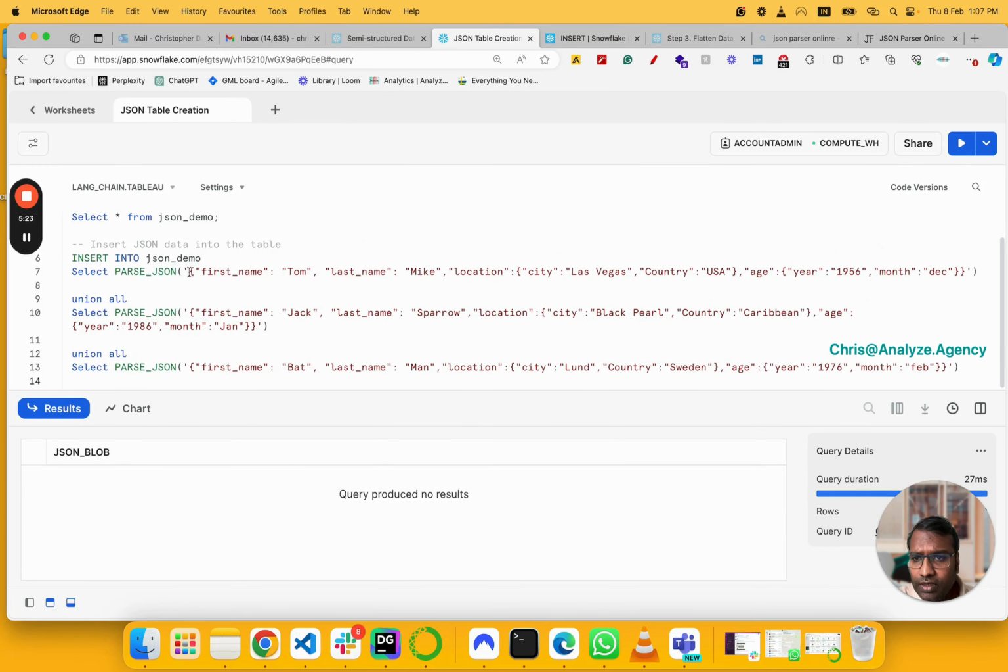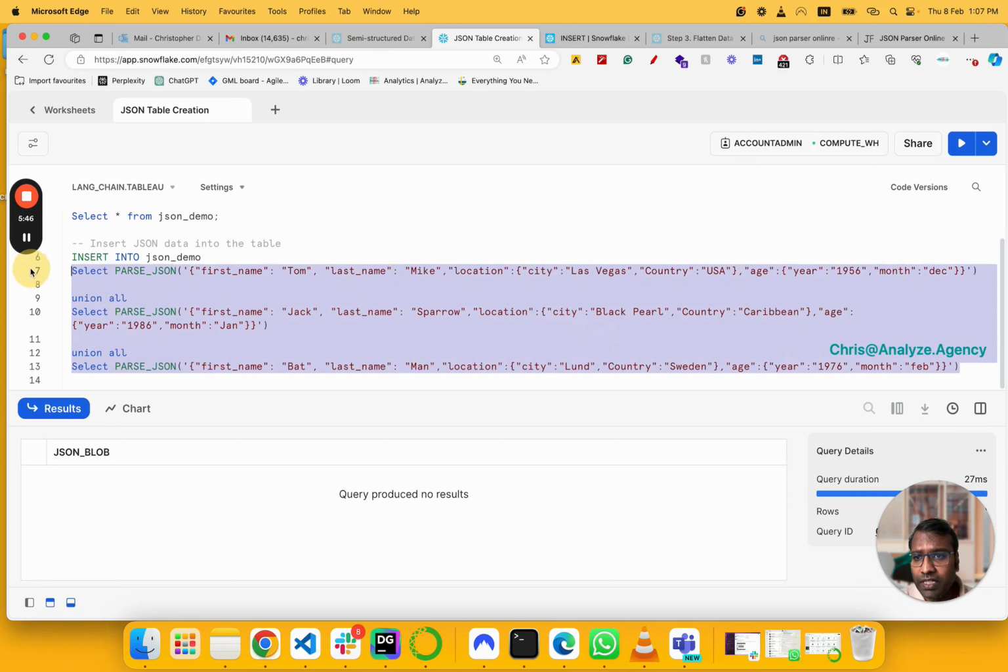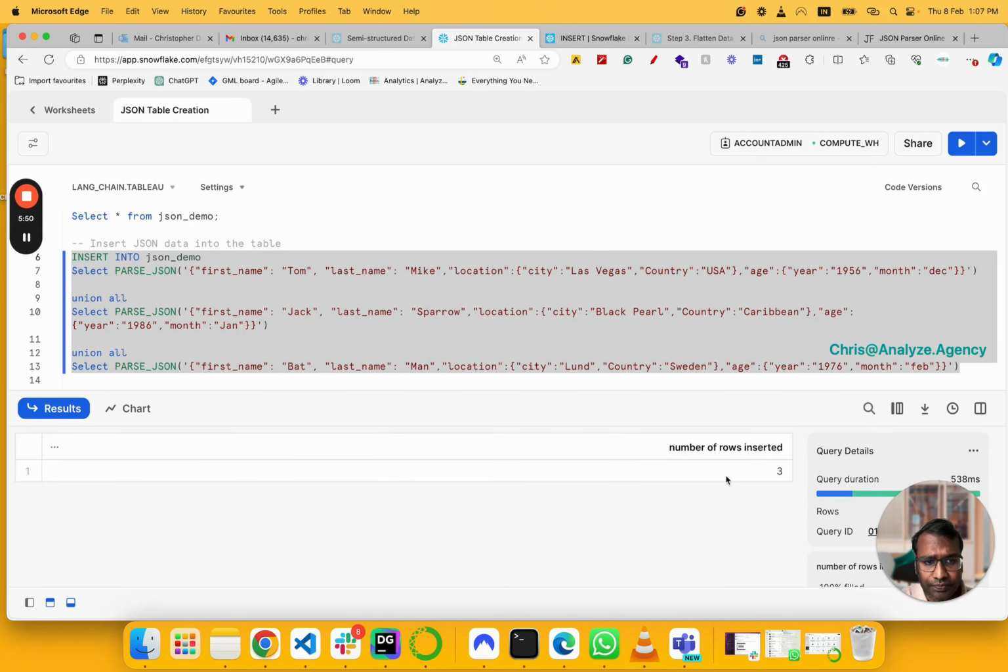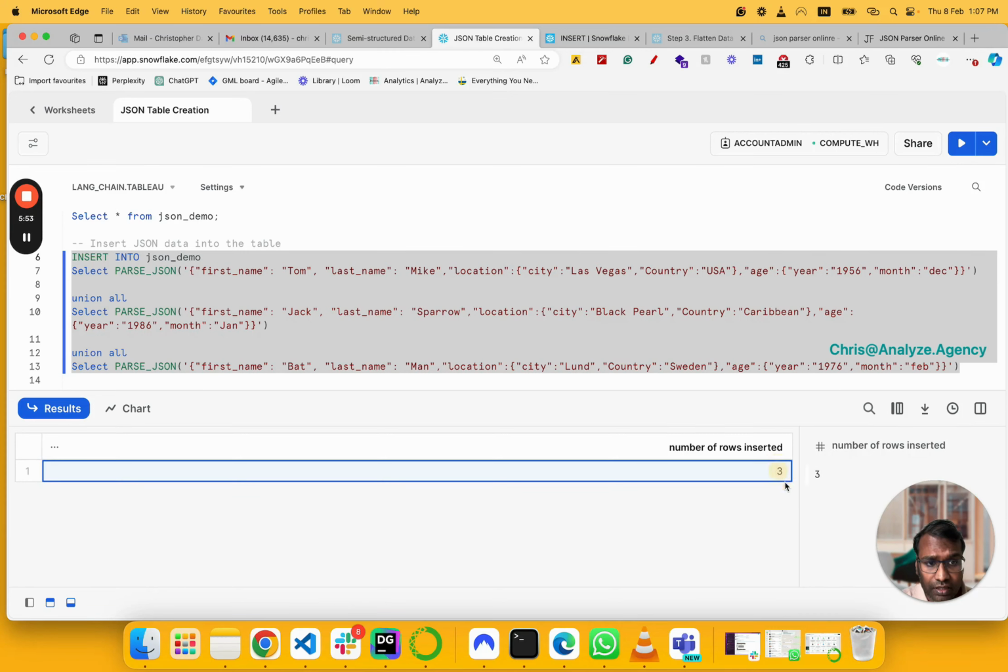So we've got the JSON payload here, and it should go under brackets, and then we should have parse JSON. And then in a normal case, we'd probably add a comma here and come up with the next set of data. But here we have to do a UNION ALL and the next set of data and UNION ALL and the next set of data. So that's the change we have to do here. And all we have to do is choose everything and hit the run button, and we get that 3 rows